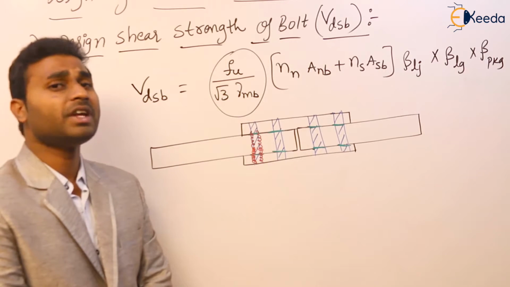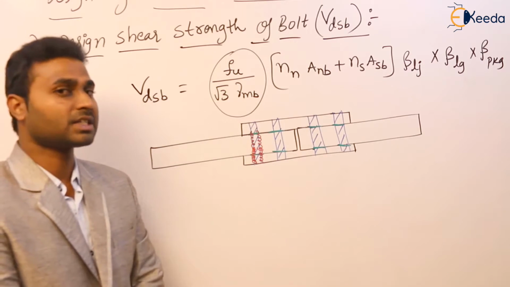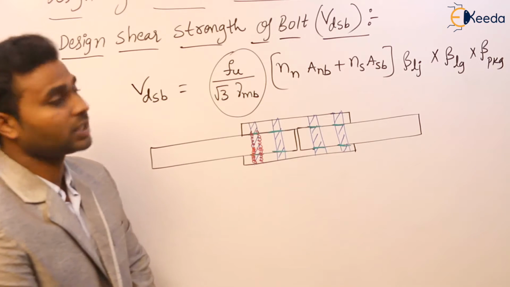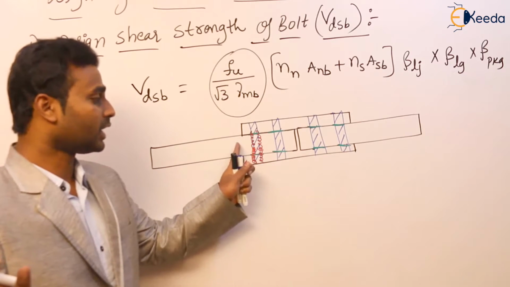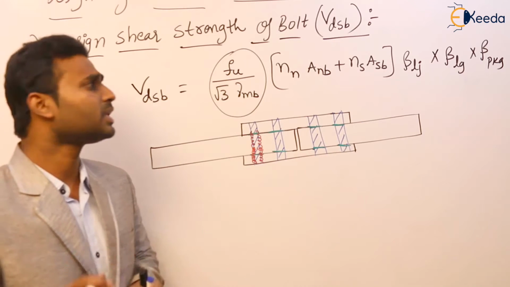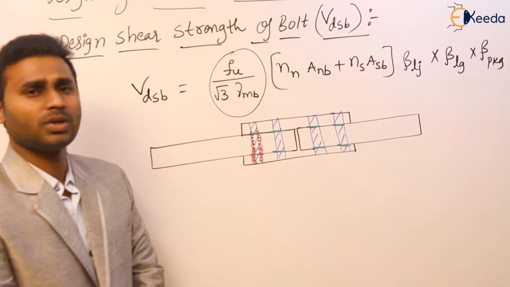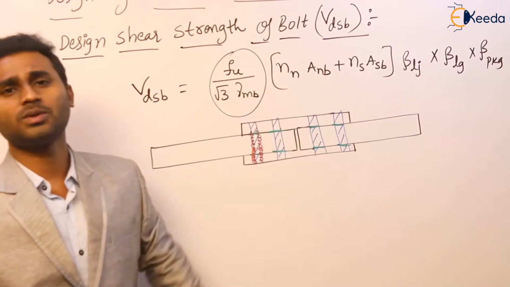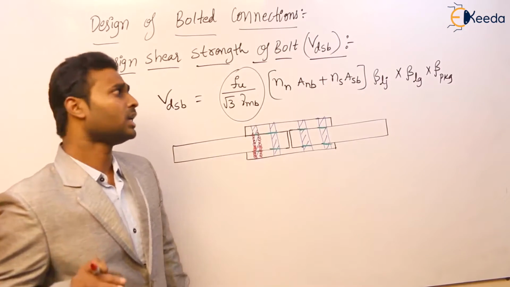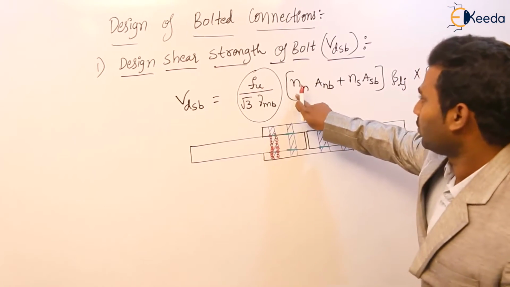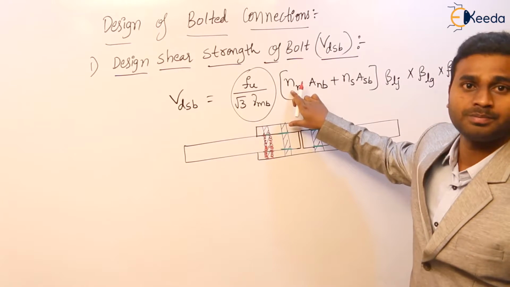Usually, if anything is not mentioned, assume that a question appears from this bolted connection asking us to find the design shear strength of the bolt. If nothing is mentioned about whether the threaded portion is intercepting the shear plane or not, then simply take that if it is double shear, the threaded portion is intercepting both the planes. So we take NN as 2 and NS as 0. If it is mentioned, then accordingly we proceed. Agree or not? But mostly, I'm going to assume that in double shear, the threaded portion is intercepting both shear planes.